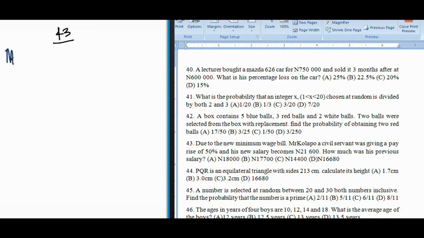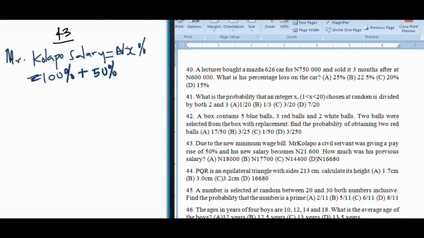Original salary is X naira, and that is 100% of his money. Now he has a pay rise of 50%, which means whatever amount he is going to go home with will now be 100% of what he has before plus the 50% pay rise. That will be equal to 100% plus 50% of the original amount, and according to what we are given, that is equal to